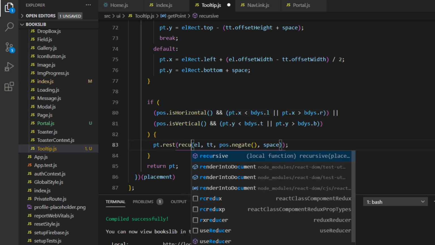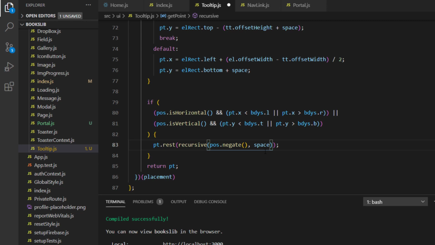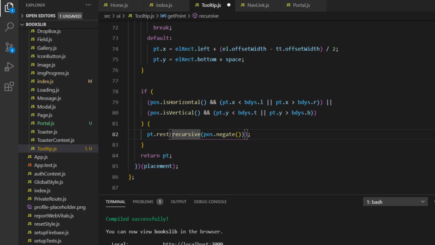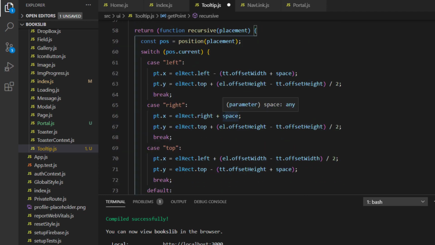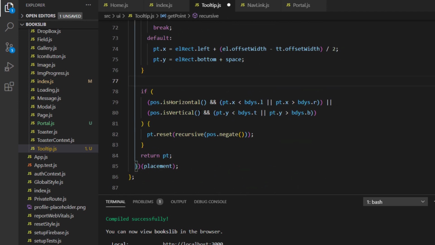Now we call the recursive function here, which needs only the position. This is reset. Now here is our recursive function, which once it is called, will determine the x and y, and then check that the point is inside the restrictive rectangle. Now if all is good, it will return pt. Now if not, it will run this line here. So to illustrate this,